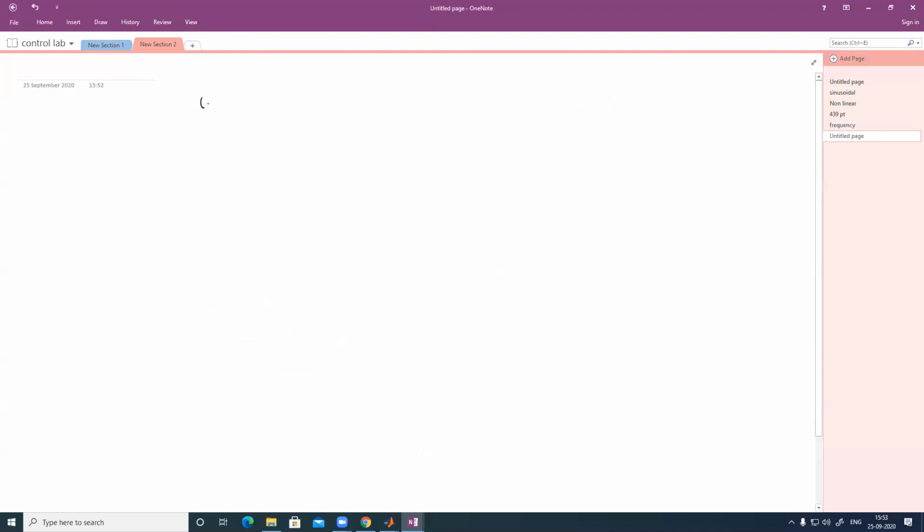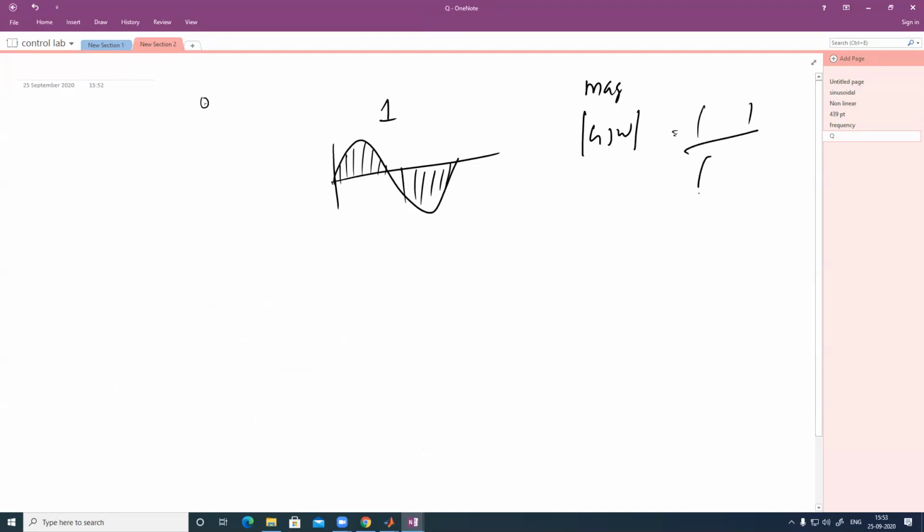If you are giving a 1 hertz frequency, it is fundamental harmonics. Yes, sir. It is in the digital domain only, so it is giving sample-to-sample values only. So what you have to measure is the magnitude, mod of G of j omega. Mod of G of j omega is the magnitude of output to the magnitude of input. So at a particular value, I have to take the magnitude of output to the magnitude of input.